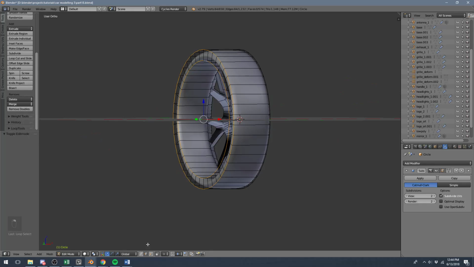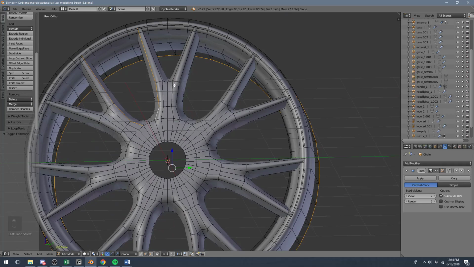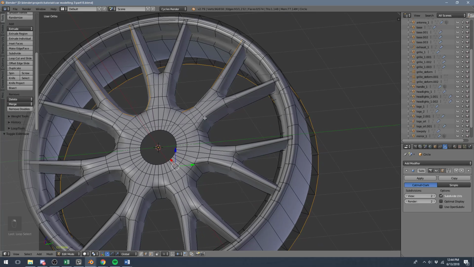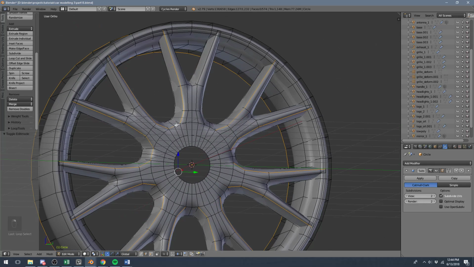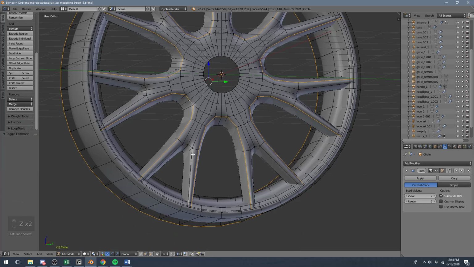So I'm going to go to Edge Select and select some edges to sharpen things up. I'm basically just going to select all the sharp corners across these spokes. We should have done this before we applied our modifiers, but I didn't, so whoopsies. Yep, just select all of